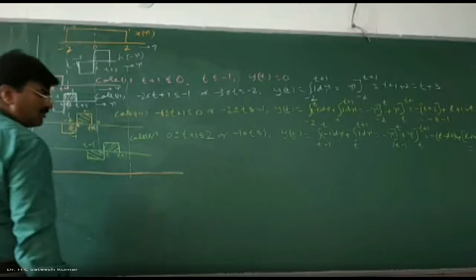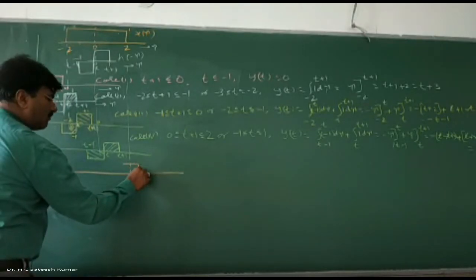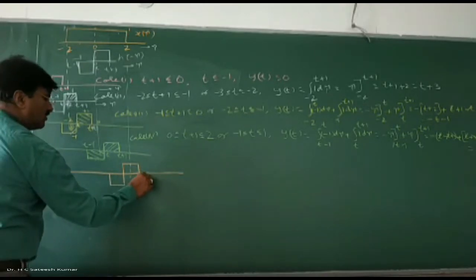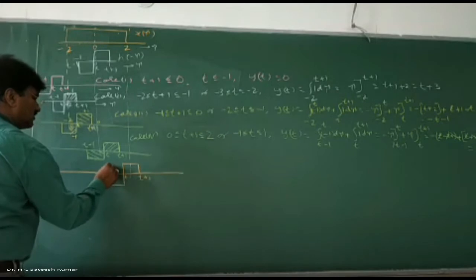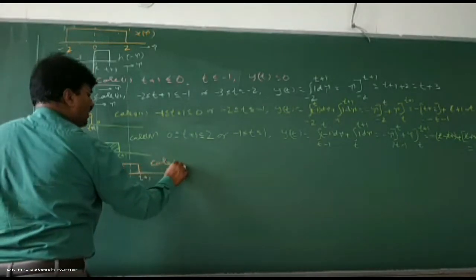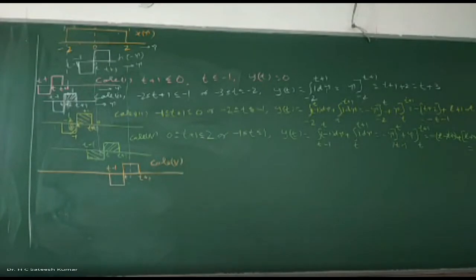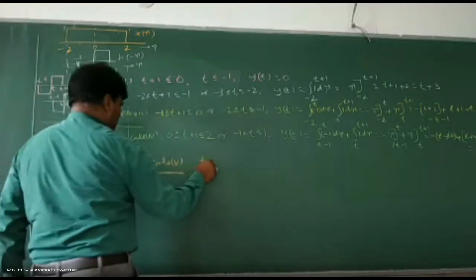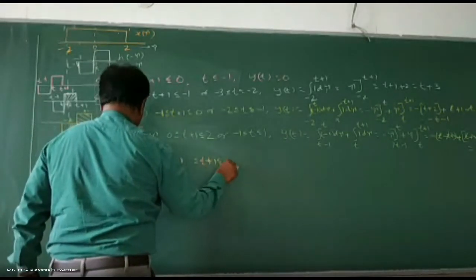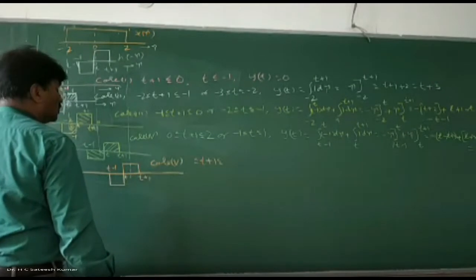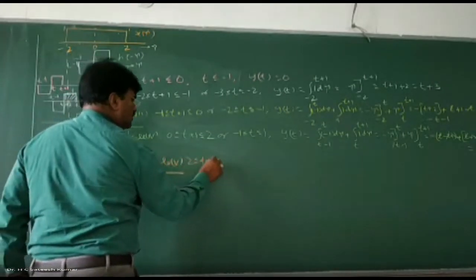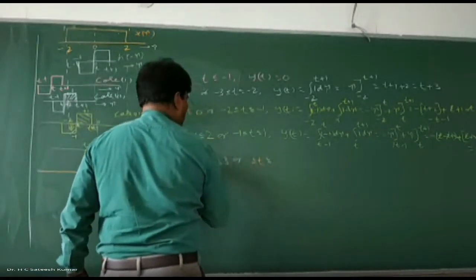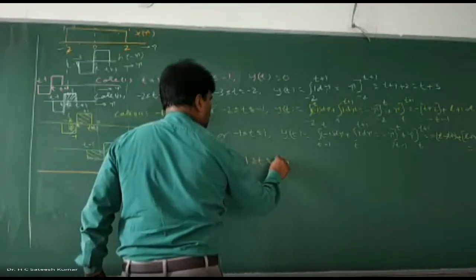Now it is coming out of the range. 1 unit by 1 unit it will go. So this is t plus 1, this is t minus 1. Case 5. 1 unit it will move, because the width of this one is 1 unit. T plus 1 lies between where to where? 2 to 3. Because 1 unit is there, no? 2 to 3, or t lies between 2 minus 1 is 1, 1 to 2.